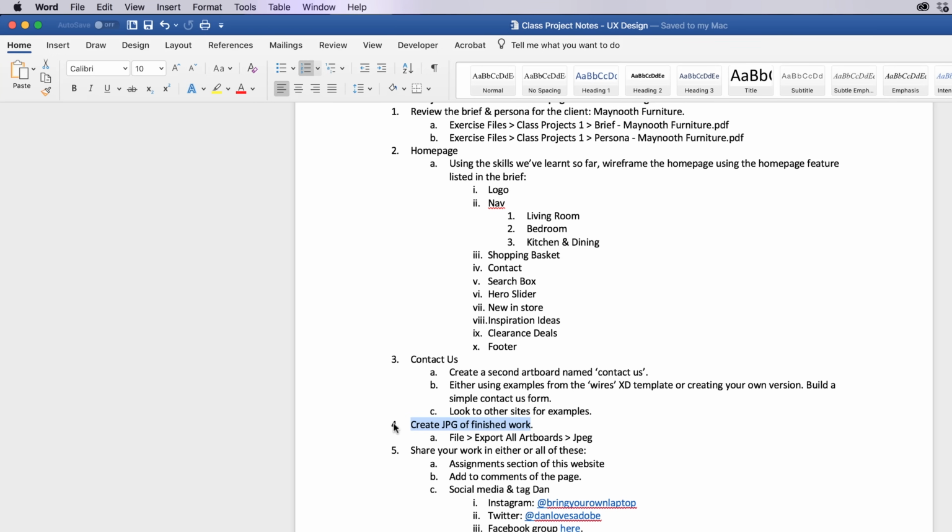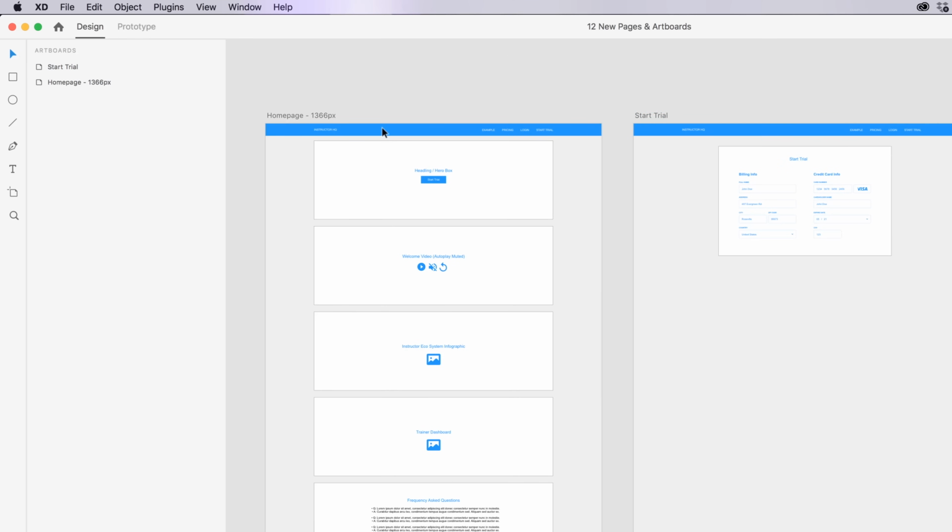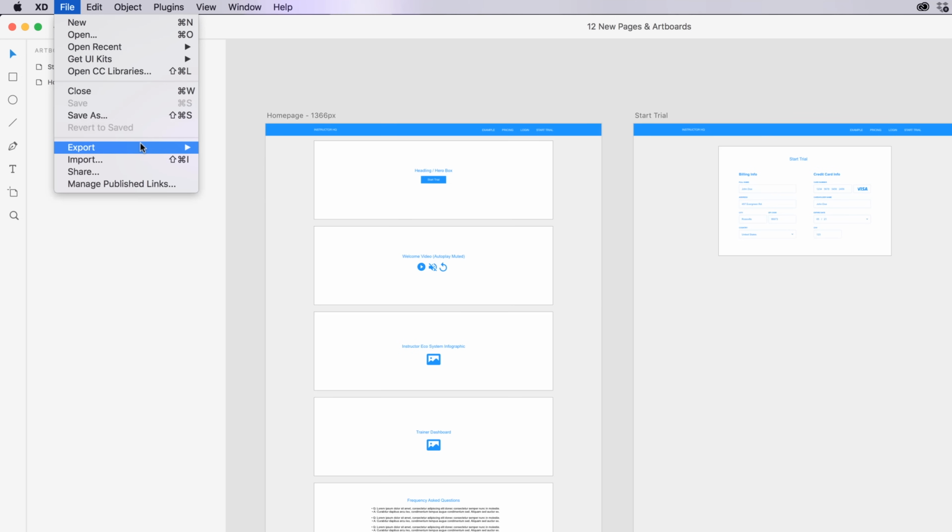So the way to share it though, I'll go through that now before we go through the brief, is this: File, Export. We're going to go through exporting properly later on, but for the moment, this is the bare minimum. In XD, once you've gone through the brief, you've designed it, and you've got everything here like this in a wireframe, you go to File, you go to Export,